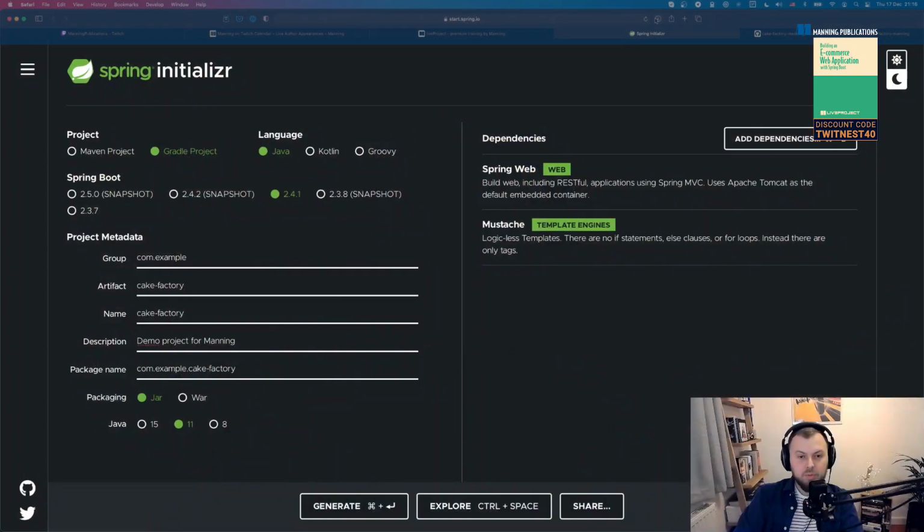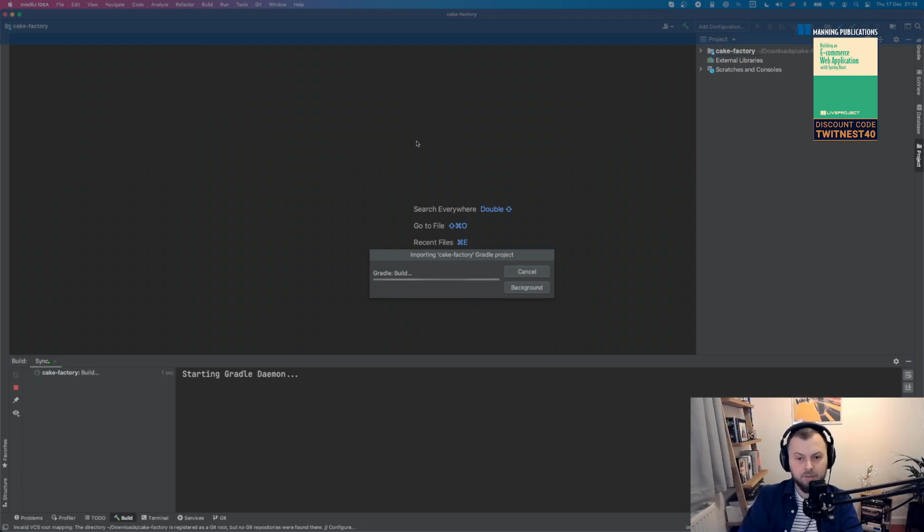Another question some people ask is about the setup, about the tools and technologies you're going to be using in this course. And I would say use whatever works for you. So I'm an IntelliJ IDEA fan. So let me open it for you. I love IntelliJ IDEA and I'm using it a lot. So I'm going to be using that for the demonstration, for the stream.